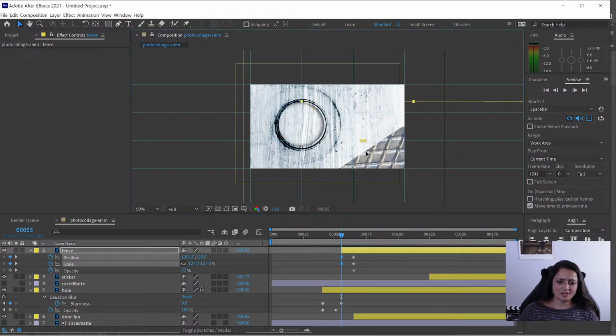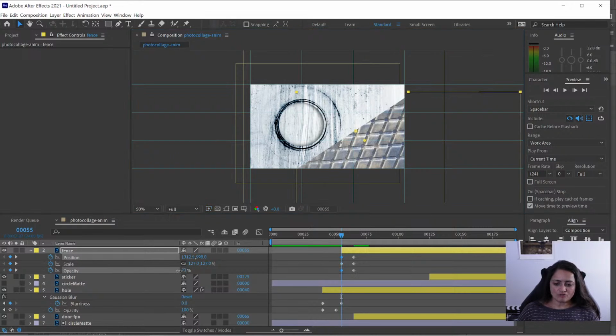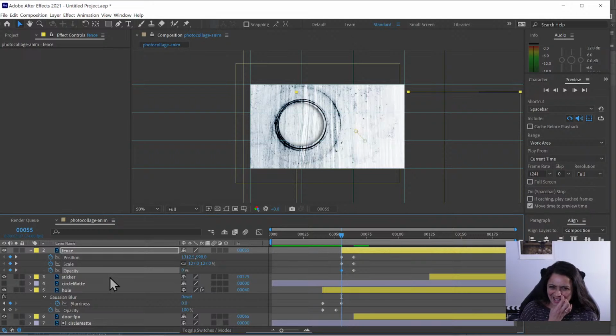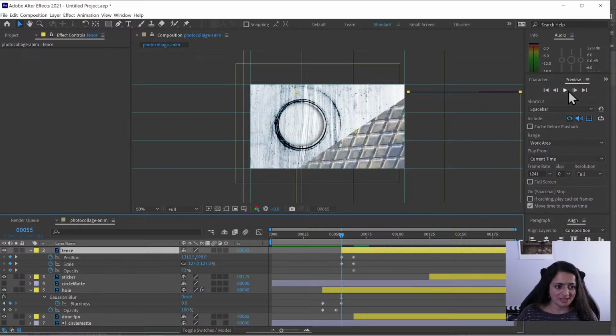Not too much. I mean, should I move it like here? Yeah, I could move it like this. That would be okay too. I just want it to sort of match the angle of everything else. And I want to drop the opacity to 0. Okay, but I can't see how much I blurred it. So let's delete that opacity keyframe and let's give us an